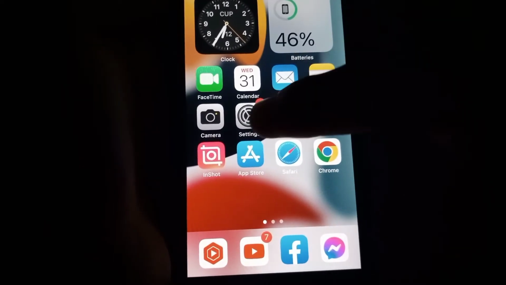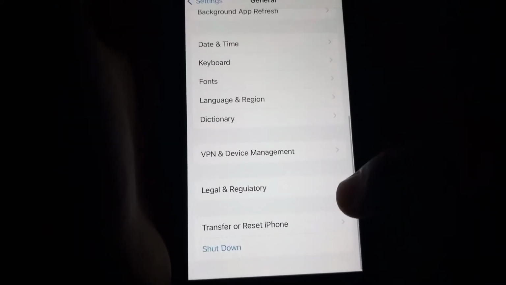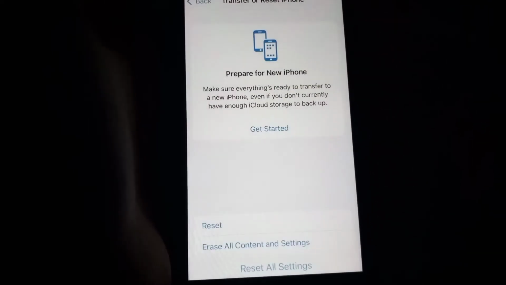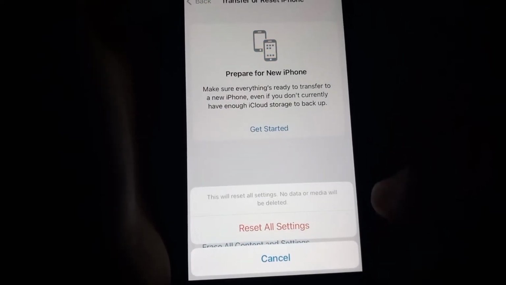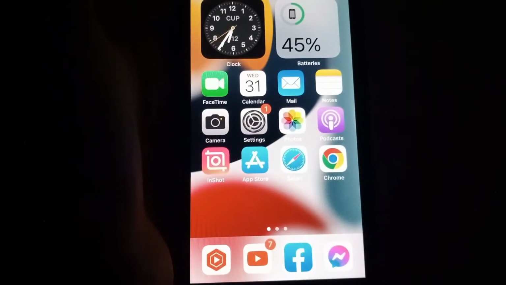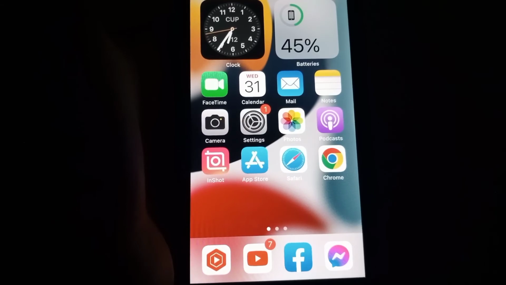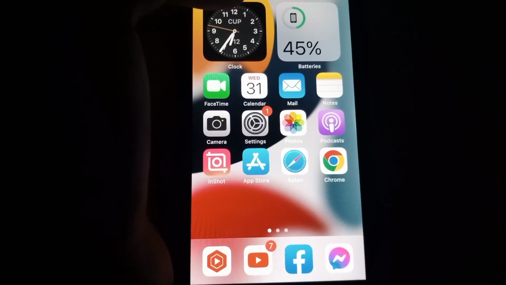And if the problem is still there, then you need to open Settings again. Then tap on General, scroll down, and tap on Transfer or Reset iPhone. Then tap on Reset, and from here reset all settings. After that, restart your phone. Then when you try to log in to your account and send the money, after doing all these things, I guarantee you your